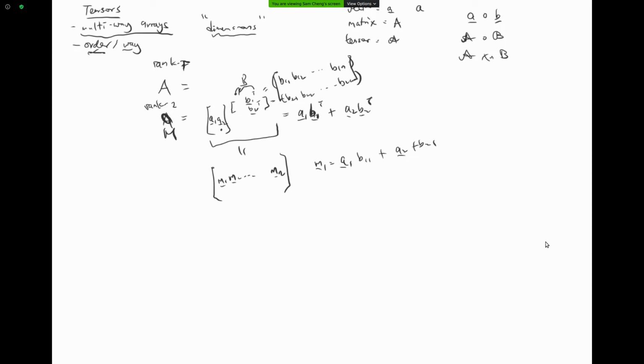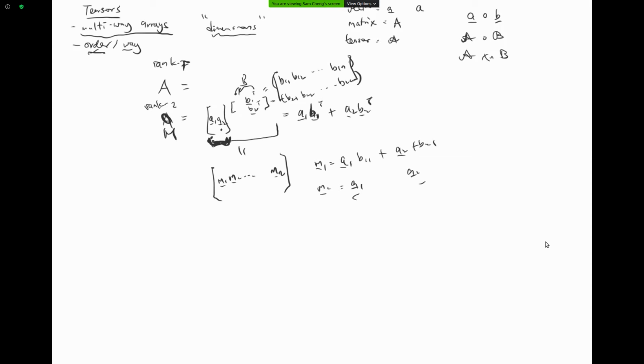And similarly, I have M2 equal to a linear combination of A1 and A2, right? So whenever I can write something like that, it means that each of the columns is a linear combination of A1 and A2. Therefore, the rank of this matrix cannot be larger than 2. If this is the minimum number of columns that I can write in this form, then that's essentially the rank.